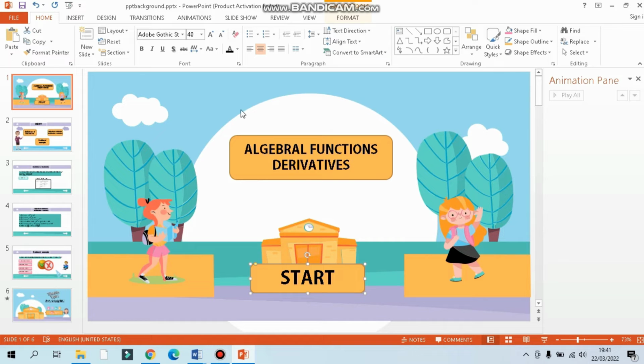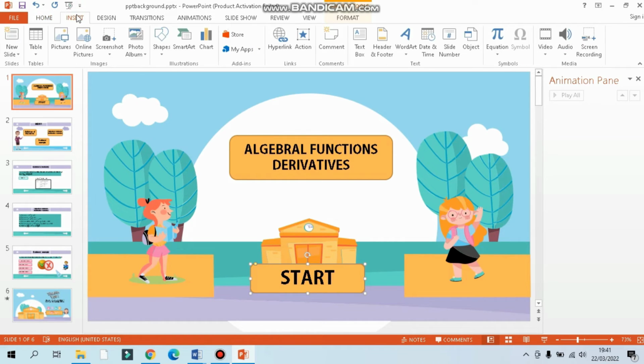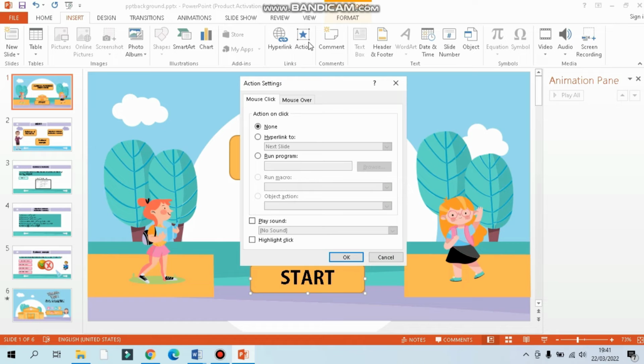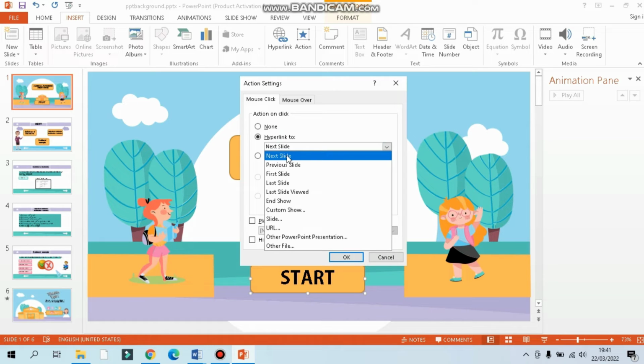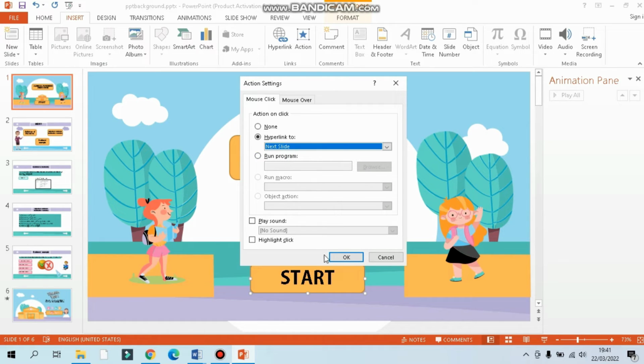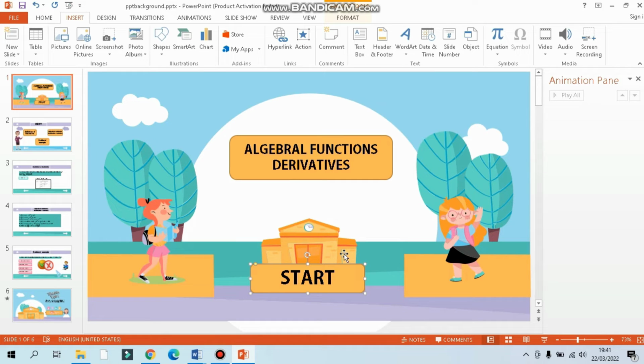Okay, next click insert, and next click action. Next click hyperlink to next slide. Then click OK. So that the slide moves only by clicking the start button.